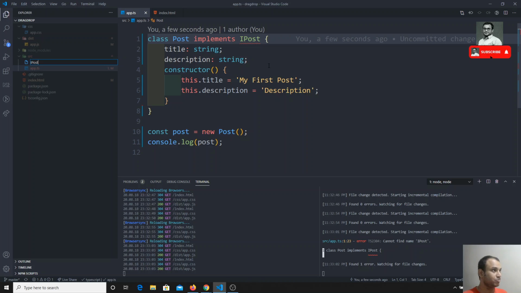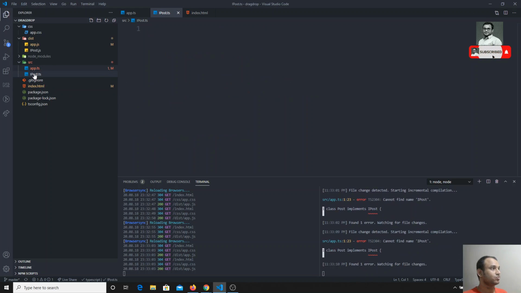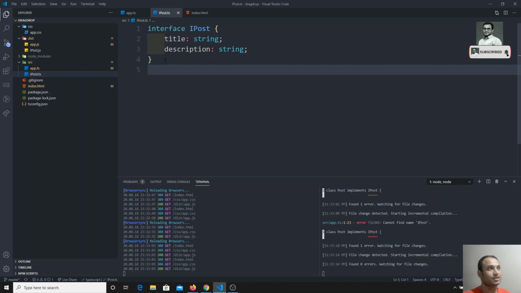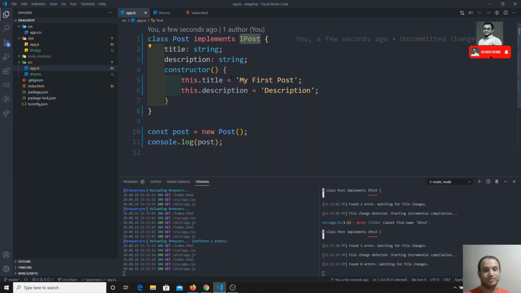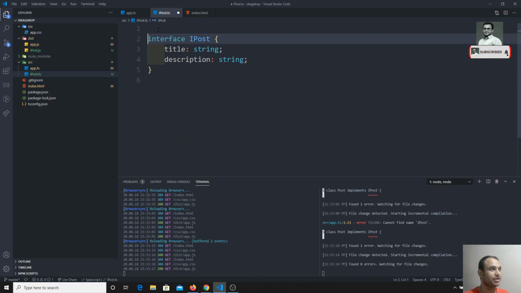I will create it as an iPost.ts file only. So what I will try to do is, here in this iPost.ts I will try to create this interface. Now if I create the interface like this, here I am using the iPost interface, right? So in order to use this iPost here, what I need to do is wrap this one